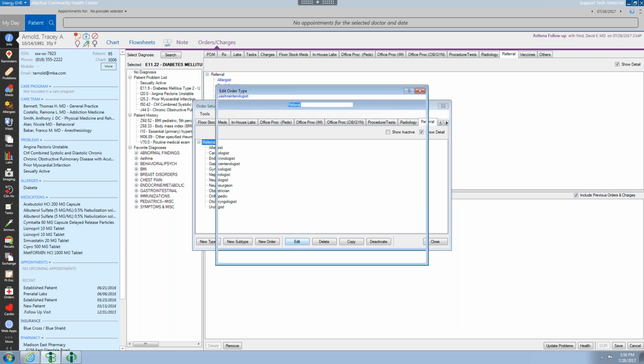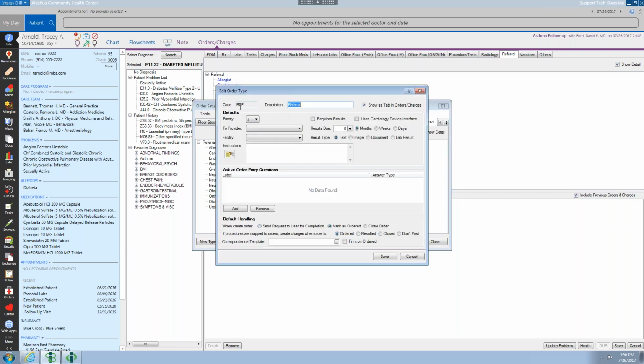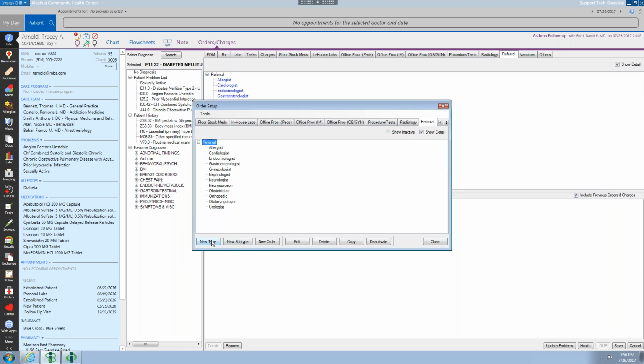And if I go back to referrals, as you can see, the referral type is REF. Okay? So yes, the code is important, and obviously the description is what the user is going to see in orders and charges. We already know that this order is set up as a tab in orders and charges. Okay? Just to give you an example of how that works, if I was to put in a brand new type,